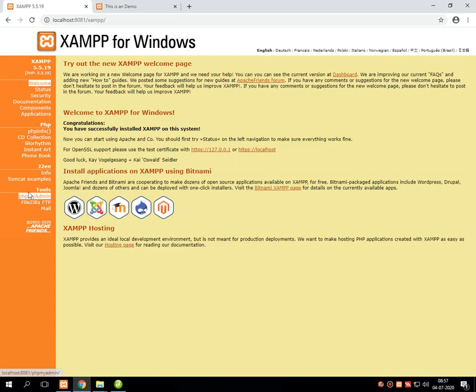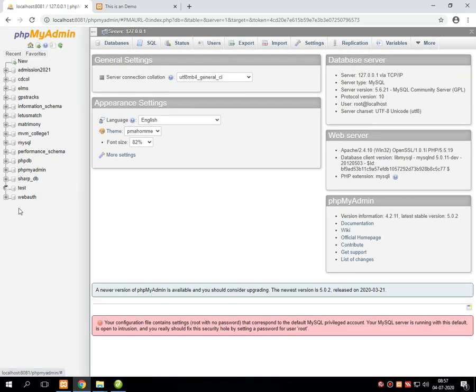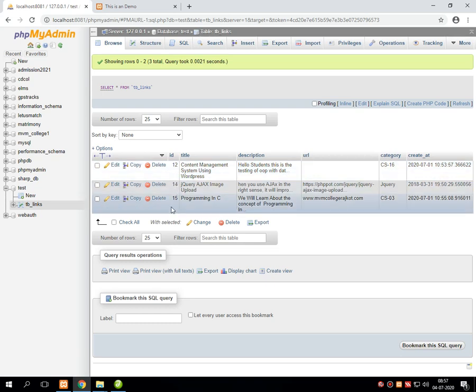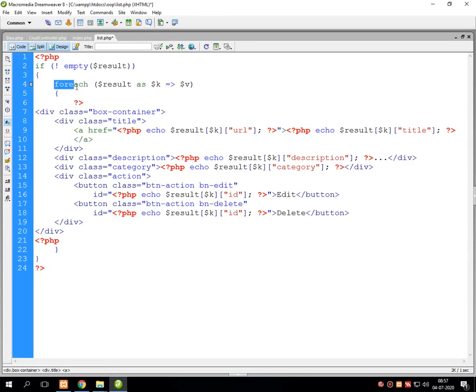Students, we can see that in the database table called tb_link, right now we have 3 records: record number 12, 14 and 15. Multiple records are there, so multiple records can be fetched using the foreach loop. The foreach loop is specially designed for web programming languages. It does not work in object oriented programming languages like C++ and Java, or procedure oriented programming languages like C. It only works in web development programming languages.